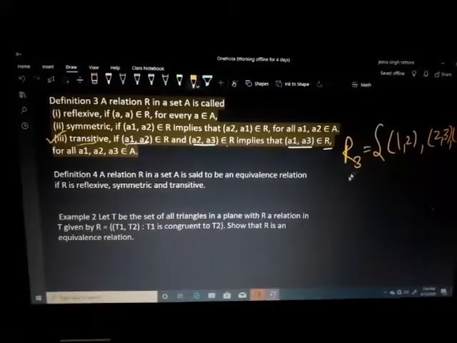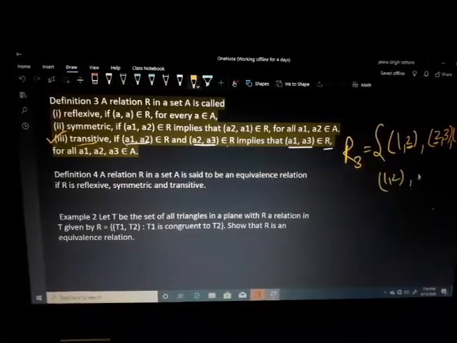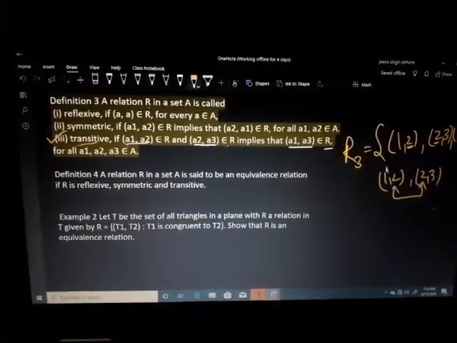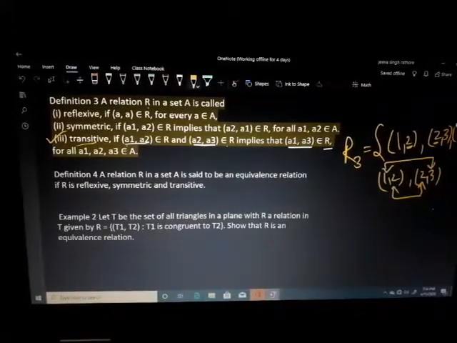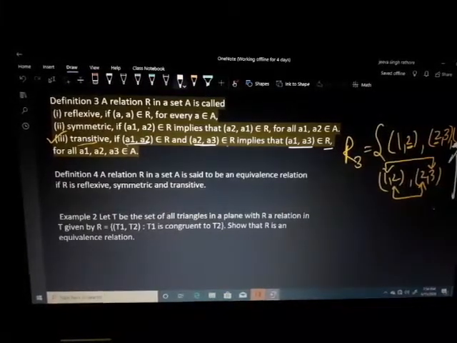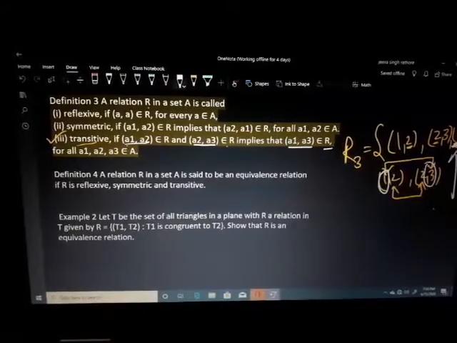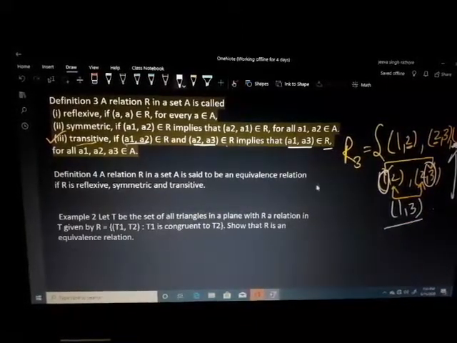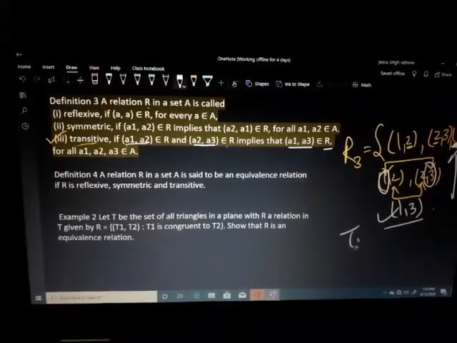Next one, I am considering example 3. This relation is (1, 2), (2, 3) and (1, 3). I am watching here the element 2 equals 2, in (1, 2) and (2, 3). You are watching, this is the same. That means (1, 3) must be present in this relation. You are watching, (1, 3) is also present here, the first with the third. That's why this relation is a transitive relation.